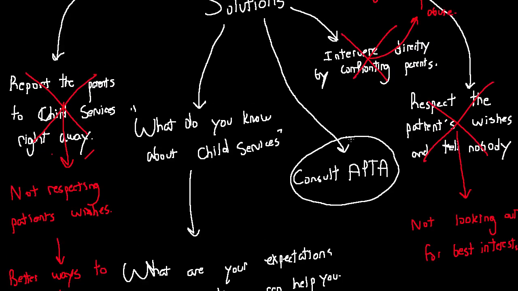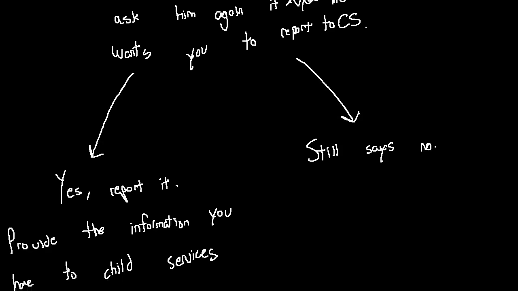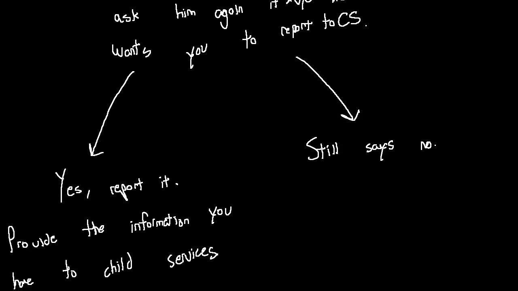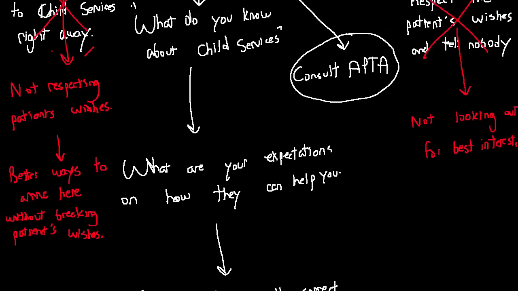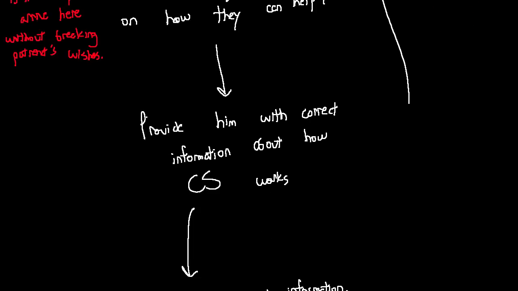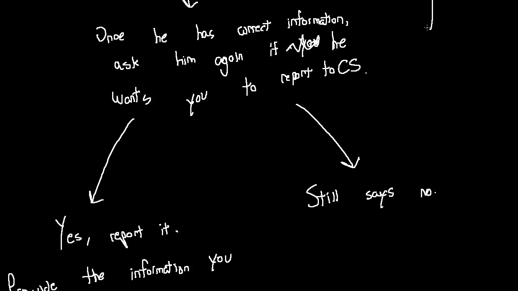pathway over here, right? Everything that you've done in this pathway, you've provided him with information to help him. You've not broken any form of confidentiality, but if he still says no after you provide him with all the information, and you make sure that he understood the information, so make sure you had him repeat it back to you and really understands what the information is, then I would go about consulting the board, or consult, I don't want to say a higher power, consult some person who is higher than you on the case, right? Someone who's more experienced.